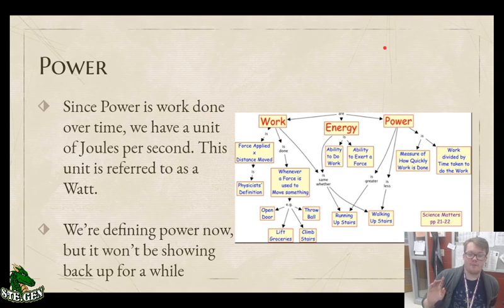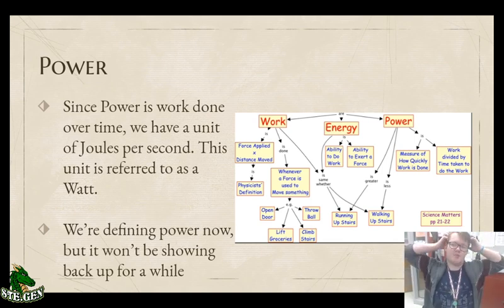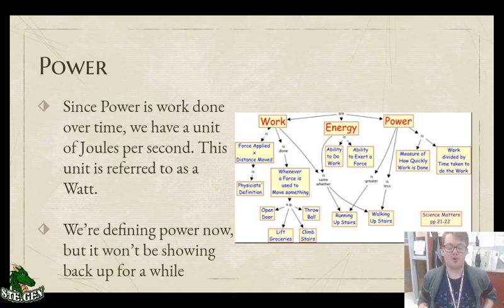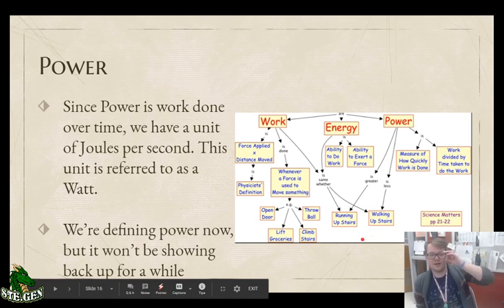One interesting thing about power is power explains why you get more tired when you do something quickly. So for example, running up a flight of stairs is going to take a certain amount of energy. There is a certain amount of work because you have exerted a force to get your body over a certain distance. So the same work and the same energy would be done if you sprinted up a flight of stairs, like it says right here, or if you walked up a flight of stairs.